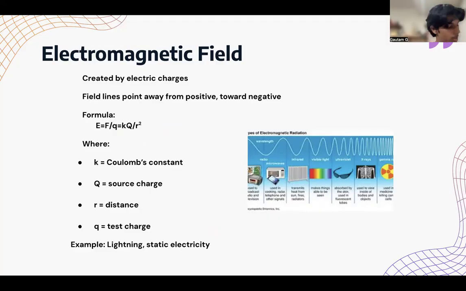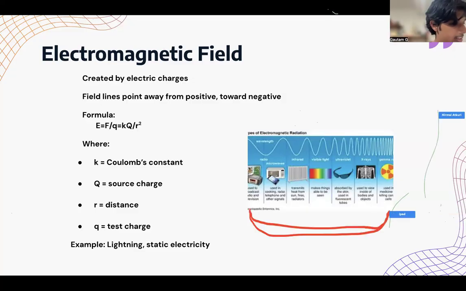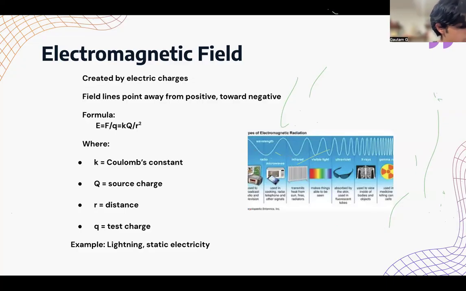Do you guys know the electromagnetic spectrum? The electromagnetic spectrum is a range of different wavelengths. If you think about X-rays, you know how you get X-rays at the hospital? How that works is basically,